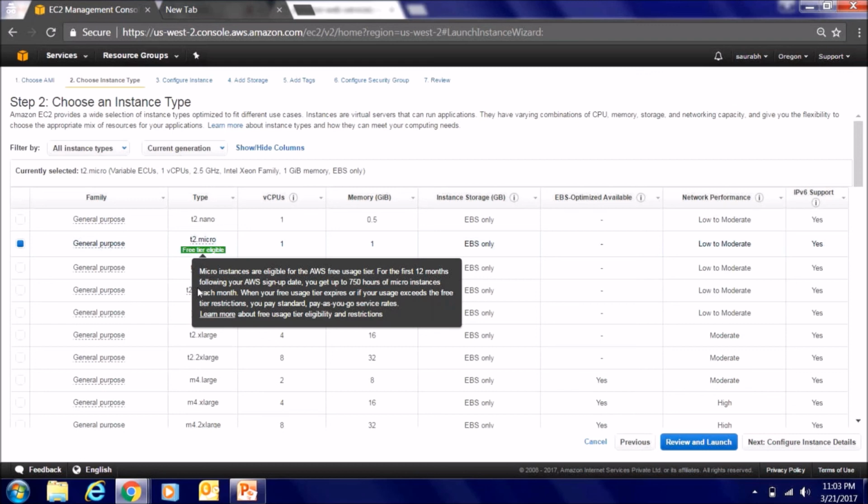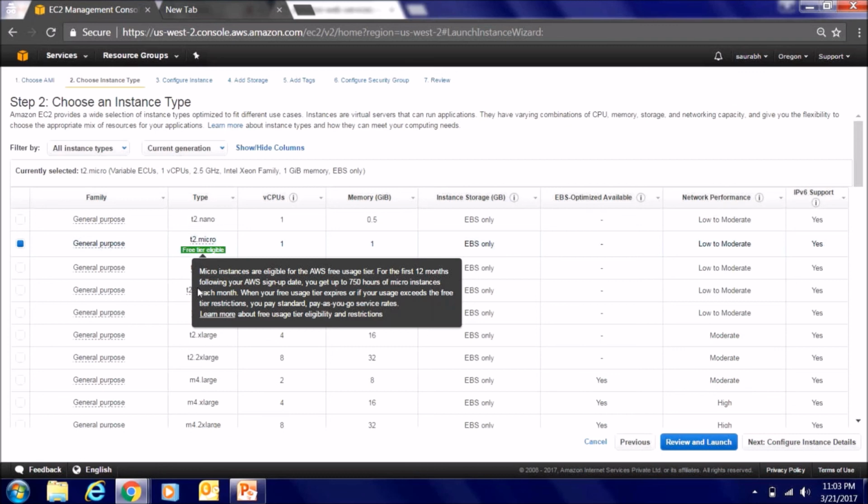Now, these SSD is the ephemeral storage, solid state drives, and these are EBS, elastic block storage. So some of them are available with SSD, some of them are available with EBS. So these options are here. It shows what the performance is: low to moderate, moderate, high.